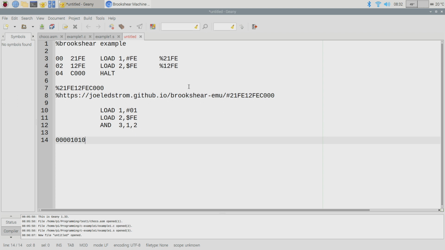Okay, and so that number is the number 10. Not 1 0 in hex, just literally the number 10, as in how many fingers we all have.